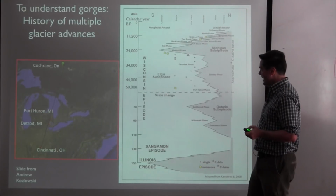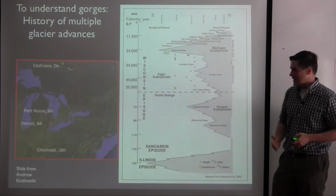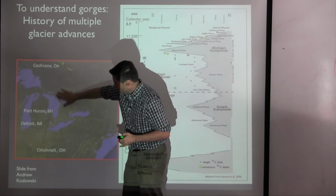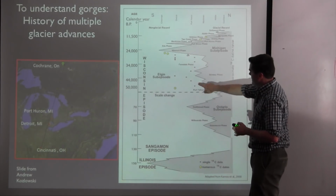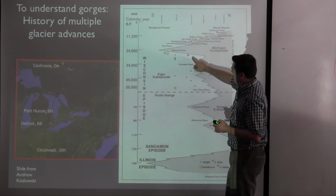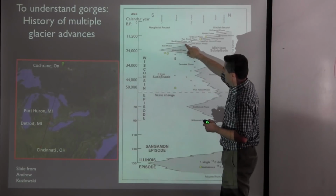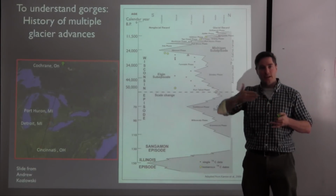And so this is just showing you an example of the number of glaciations we think there have been even over the last 10,000 years. So this is showing you a map of sort of glacial deposits between Cochrane, Ontario, going down to Cincinnati, Ohio. And this is showing you places where they've dated where these are. So here's Cincinnati, here is Cochrane, showing you that the glaciers didn't just come once and go, that they came down, they retreated some, re-advanced, retreated, re-advanced, that there were multiple episodes of the glaciers coming and going,